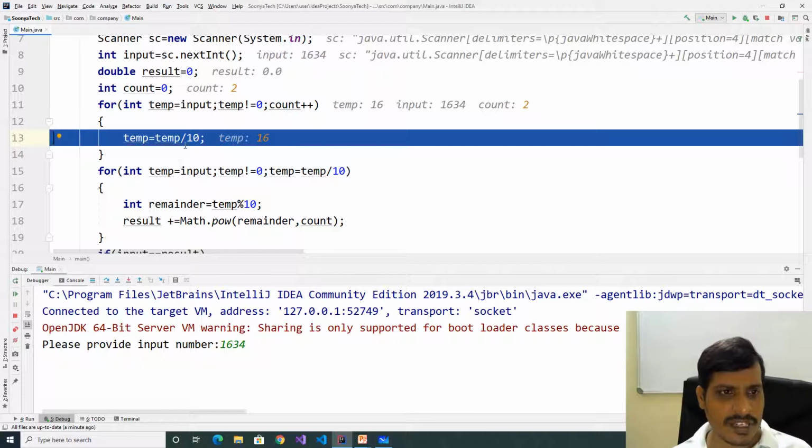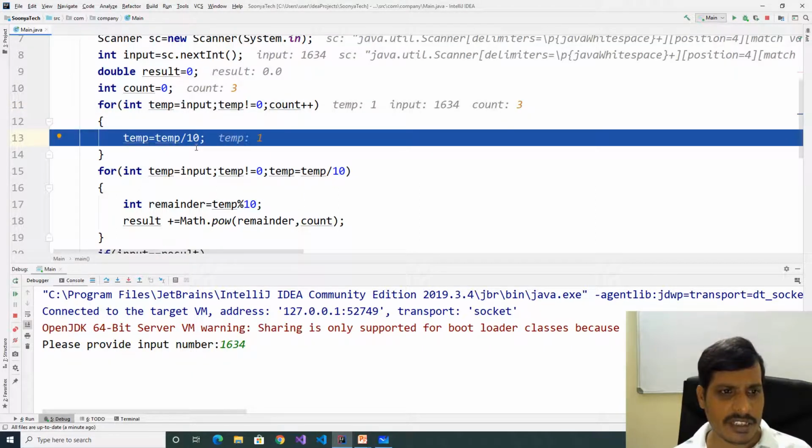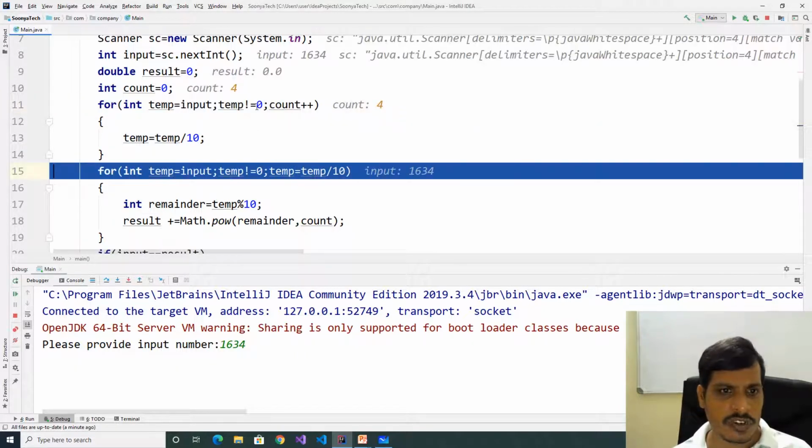Later 16 divided by 10. Now temp is equal to 1. Count incremented by 1. 1 not equal to 0. Here 1 divided by 10 will get 0. Here count is equal to 3, here count is equal to 4. Later 0 not equal to 0, false. It exits from the for loop.